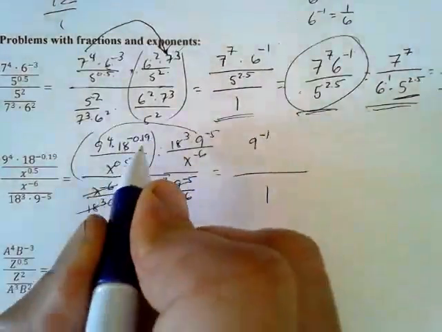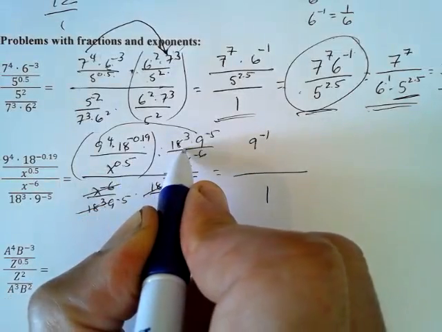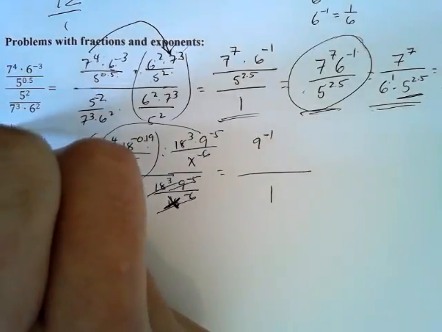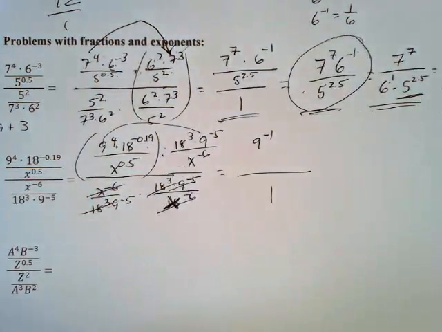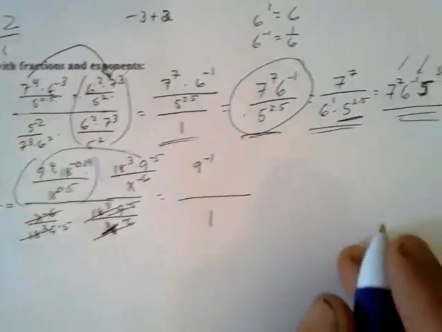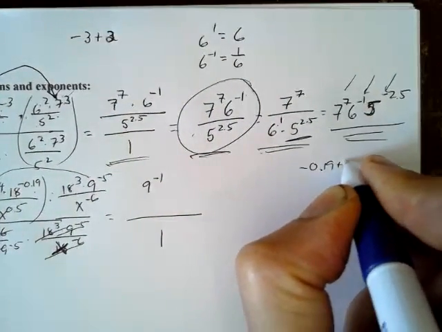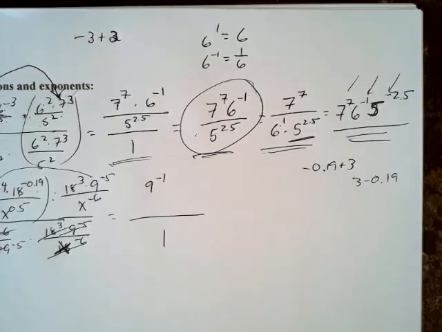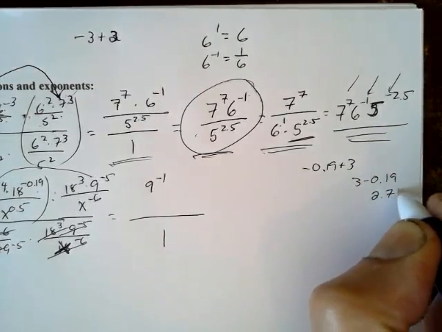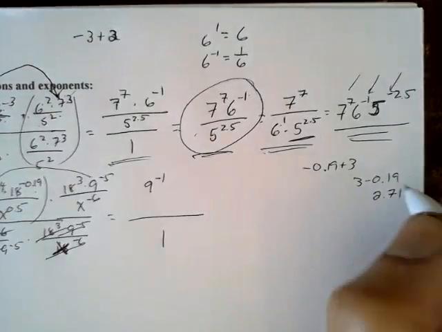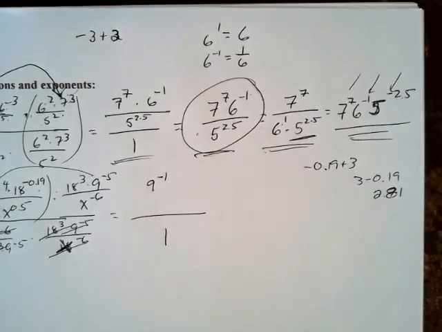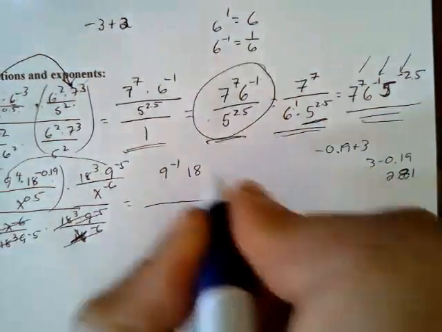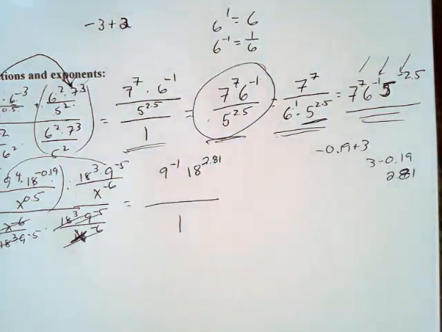We have 18 to the negative 0.19 times 18 to the 3rd. So we would say, what is negative 0.19 plus 3? Oops, sorry, can't see that. Negative 0.19 plus 3, or in other words, 3 minus 0.19. And we see that that's going to be 2.81. So we would have 18 raised to the positive 2.81